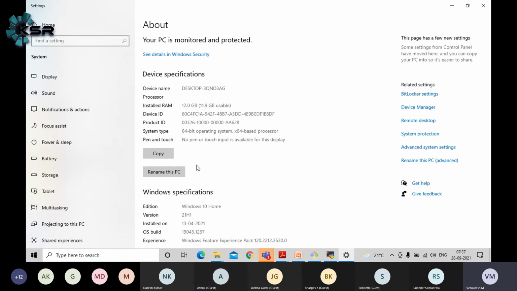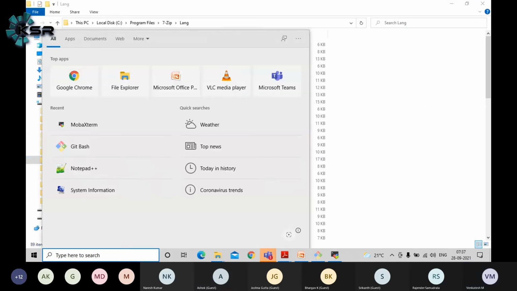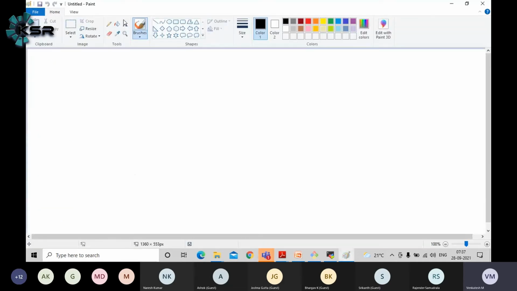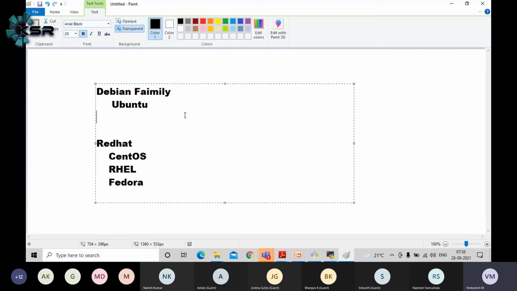Similarly, in Linux also we have some different flavors, guys. Just for simple understanding, I'm going to tell you. In Linux we have the Debian family, just compare it with the Windows family. Similarly, there is the Red Hat family. I'm using CentOS, guys. CentOS, Red Hat, RHEL, Fedora: the syntax and everything will be similar, guys. In the Debian family it will mostly be common too. This is Ubuntu. There are some different OS flavors also.